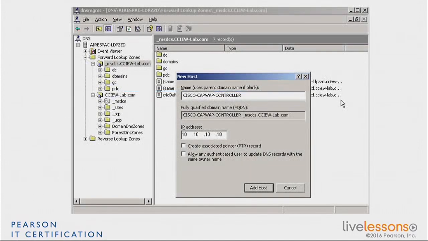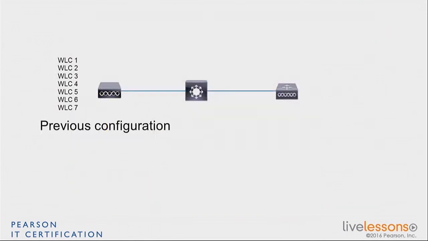This is how it will look like on the Windows server. This is a DNS server in Windows, and you see I just create an entry called Cisco CAPWAP controller in my domain here, which is ccnalab.com, and then I give the IP address of that controller to that host entry. So any access point querying this DNS server, which it would have learned from the DHCP options, is going to ask for that name, Cisco CAPWAP controller, and I will send back 10.10.10. So at this point, the AP has three options: broadcast, option 43 with DHCP, if it has the possibility DNS,